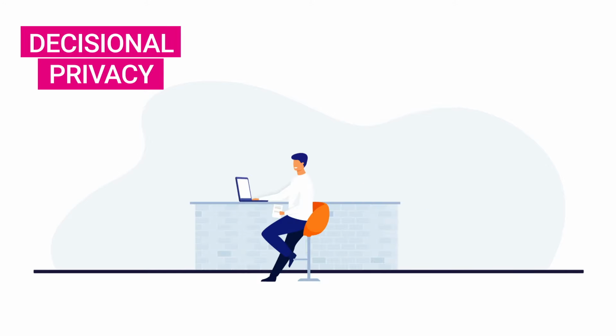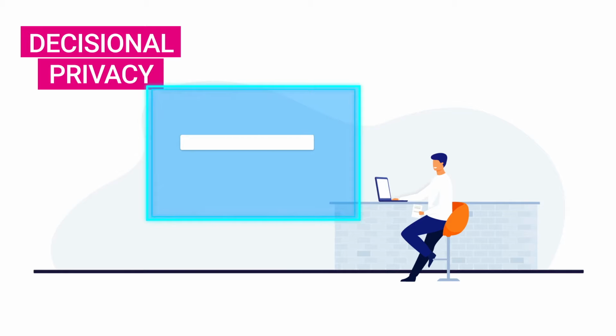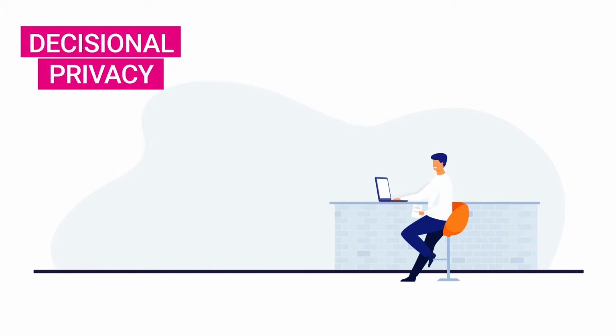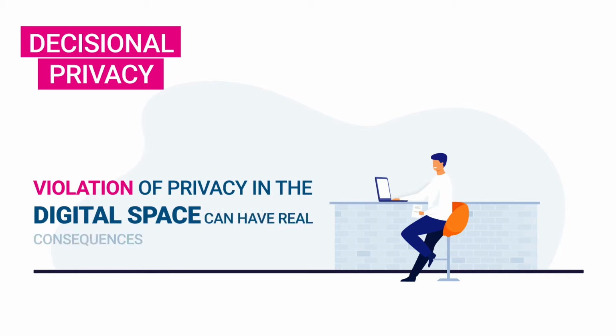Decisional privacy concerns a person's decisions and choices about their private life. Did you know that big data-driven technologies can gather information about people's choices over time and use that to influence our thoughts and decisions? The more information you provide to companies, apps, and technologies, also by using the internet, about your lifestyle and choices, the more they can use that to control you. These are all examples of how the violation of privacy in the digital space can have real consequences in the